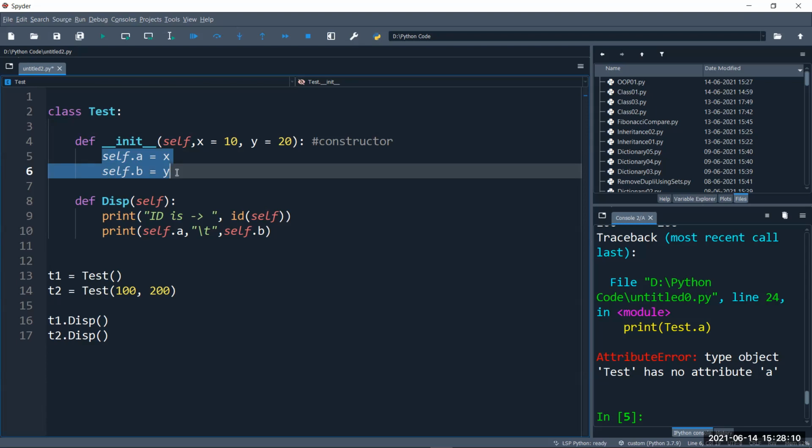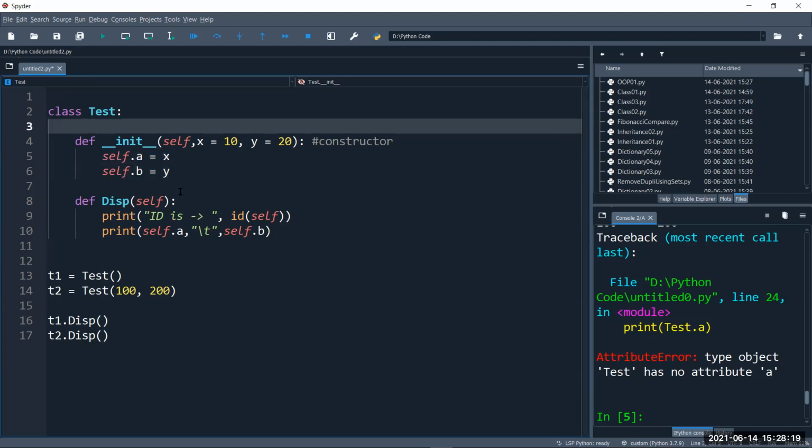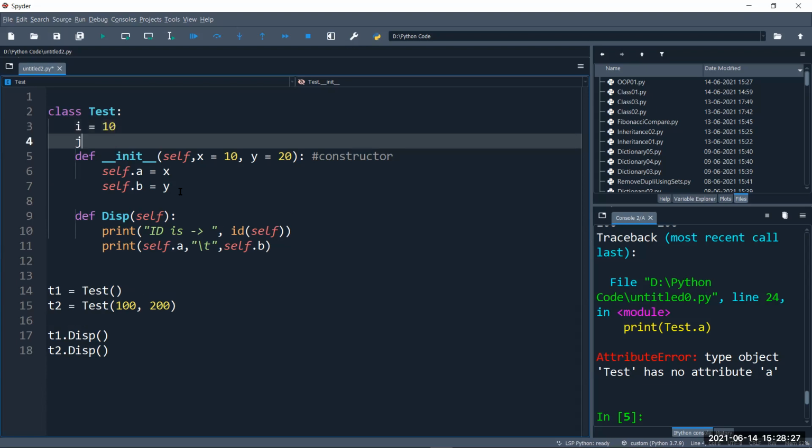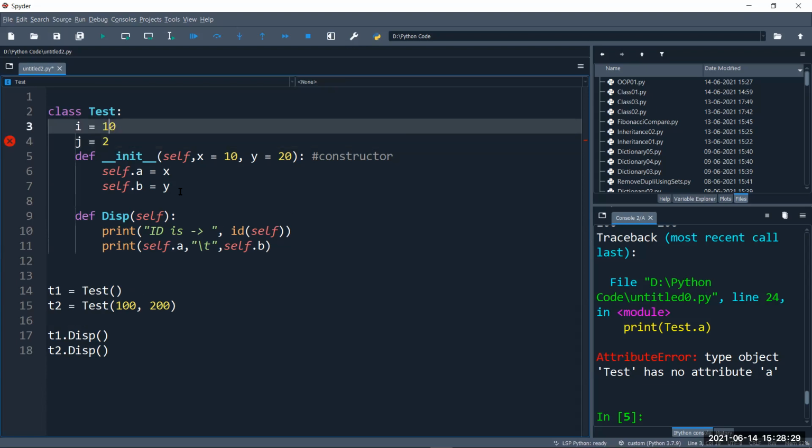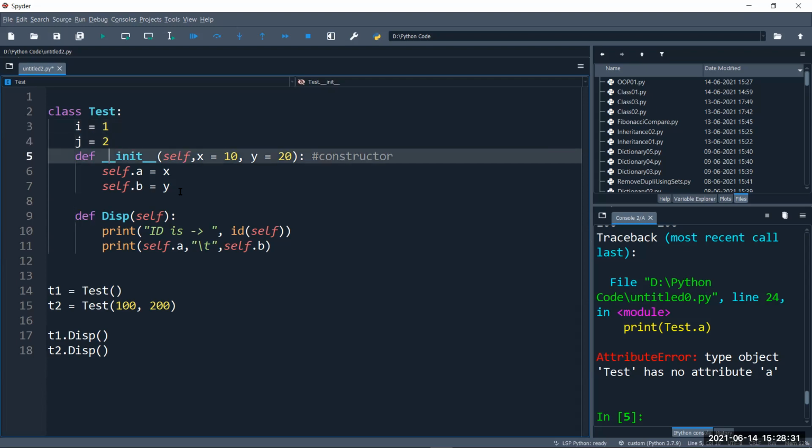They are instance attributes, meaning they belong to a particular instance. Here, if I declare some variables, say i is equal to 1, j is equal to 2,